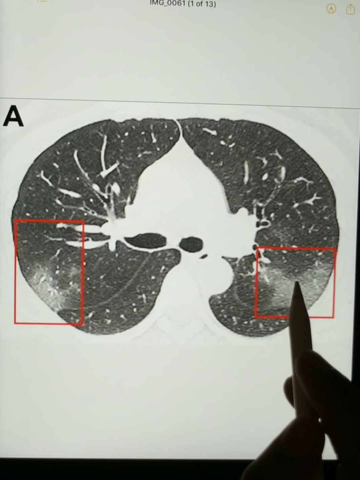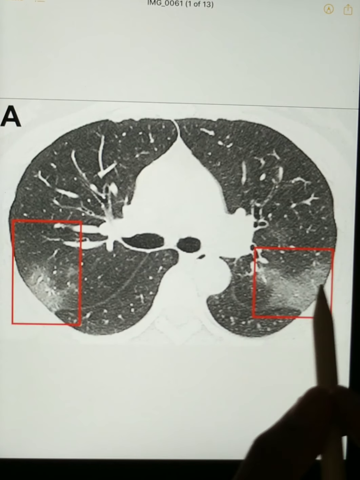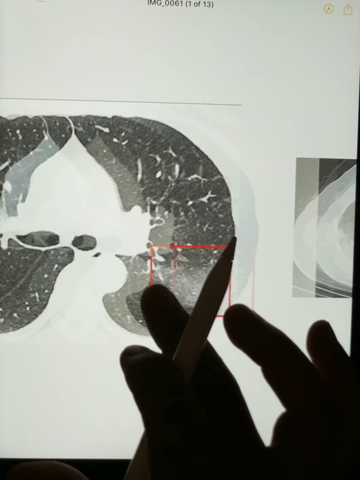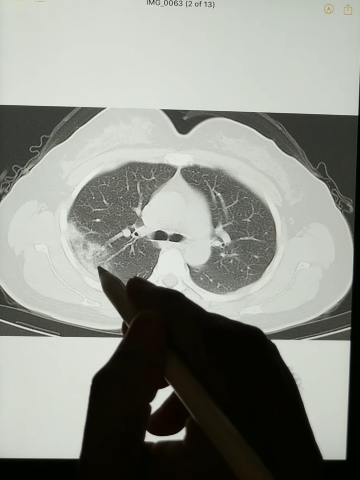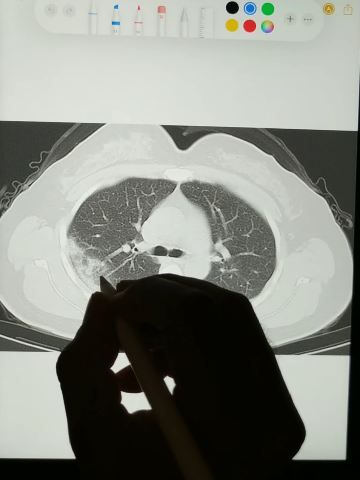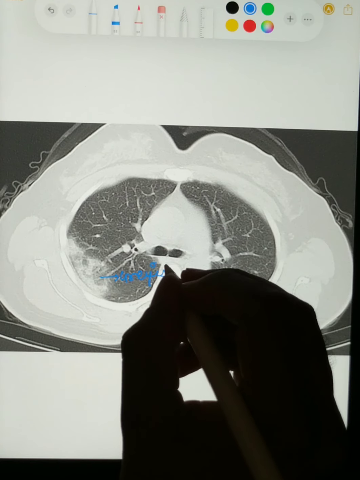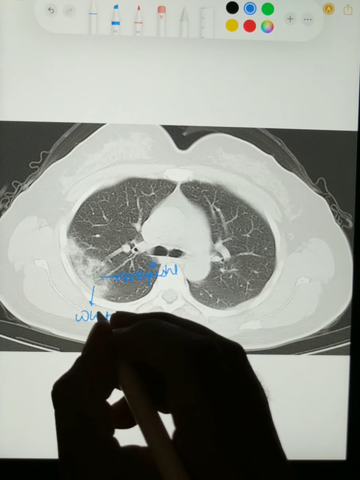First of all, in this picture you can appreciate that there is peripheral location of the ground glass opacity, which I explained in the first video. That ground glass opacity is the grayish area. So in this CT film, there is involvement of the lung in the peripheral location. In the next film, there is an area of consolidation and ground glass opacity on the right side. This is the area of grayish color, and this is the white area. This is a mixture of consolidation and ground glass opacity.